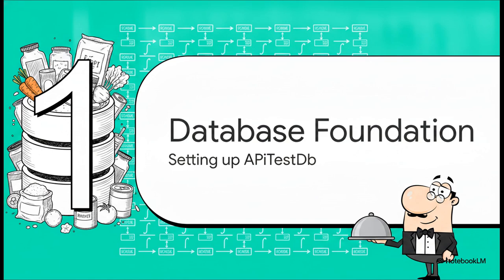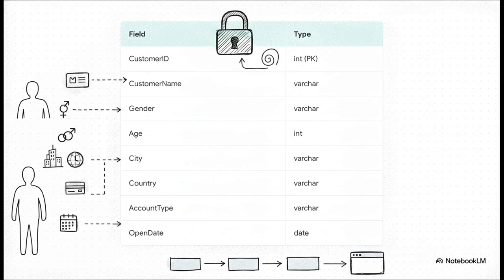Section 1. The banking database foundation. Setting up the pantry with APTestDB. Think of this database as our restaurant's pantry, holding all of our raw ingredients securely in place. Our very first ingredient shelf is the customers table. Here, we're storing essential demographic and account information. We've got the customer's name, gender, age, city, country, account type, and the date they open their account. But the absolute anchor here, the most crucial piece of this schema, is the customer ID. This is our primary key, and it's set up to auto-increment, making sure every single customer has a unique, distinct